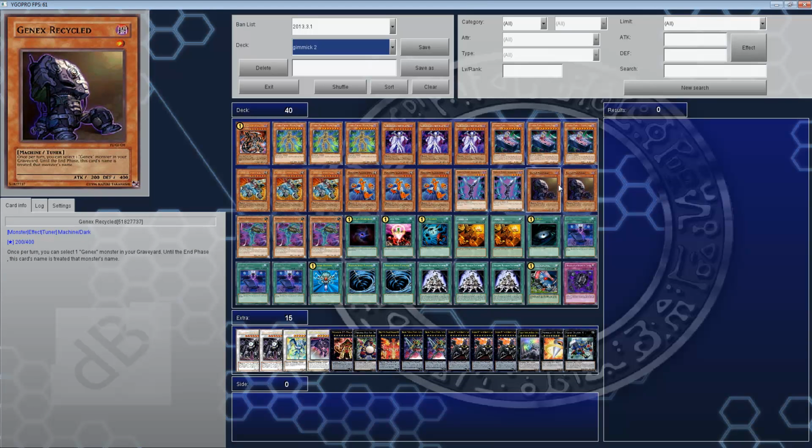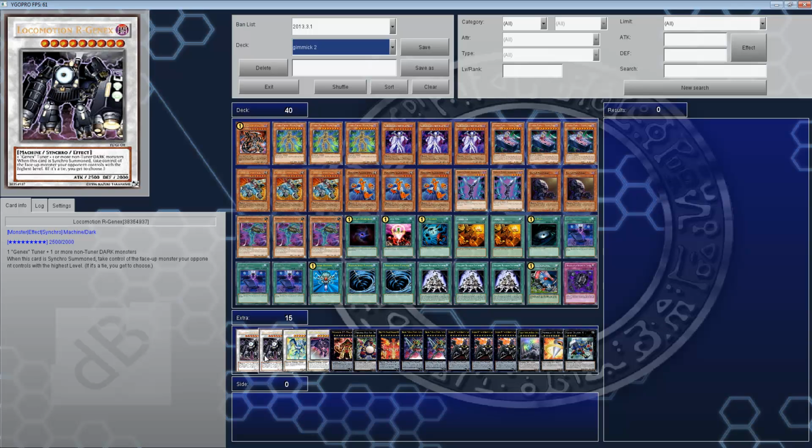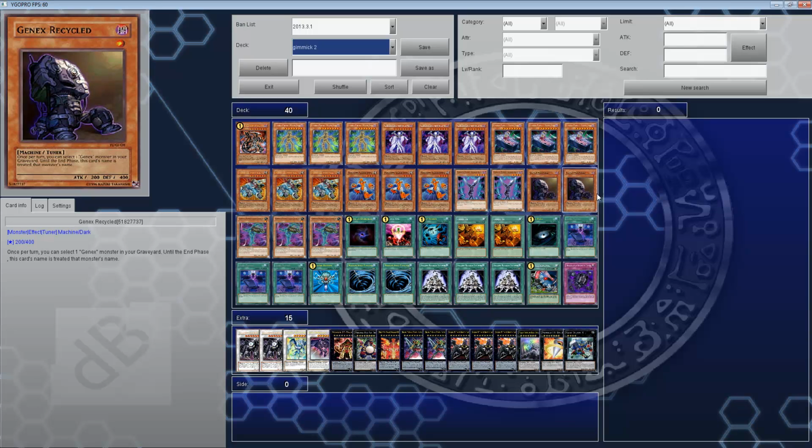We have 2 Genics Recycled, simply because it's a level 1 tuner. It opens up a place for Locomotion R-Genex, which can win games on its own. I kept forgetting sometimes during a duel that I'd summon this when my opponent's got an Exceed, and obviously you don't take control of that because there are no levels on an Exceed. But it works really well, and also you can just ditch it for Fortress as well, and it's a 1-for-1 target